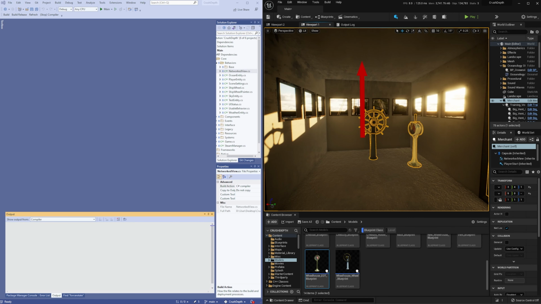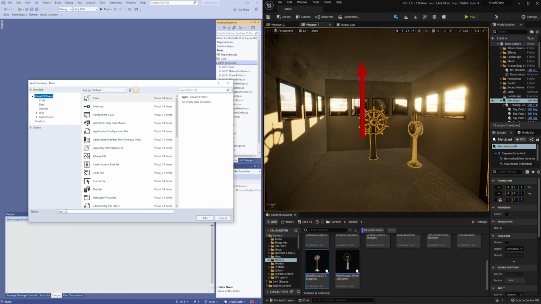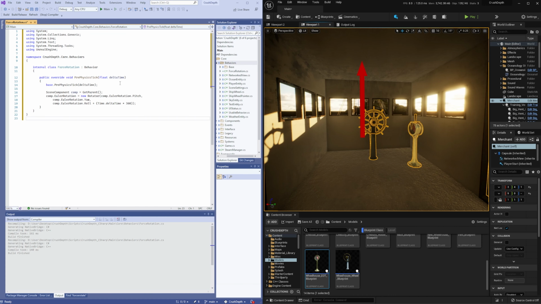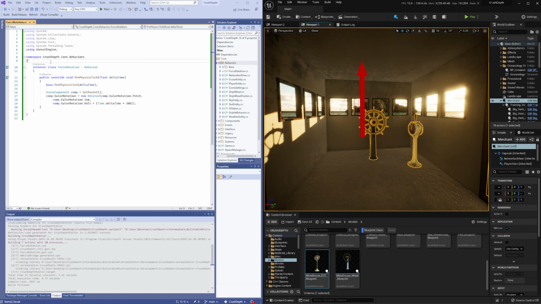Next, let's explore a more advanced use case. Let's create a new component which does not yet exist that modifies its parent's rotation. This architectural style is very similar to the MonoBehaviour style over in the Unity game engine. We're going to create a brand new component and we'll call it ForceRotation. All right, so we've created a brand new file. We've called it ForceRotation and we inherit from Behavior. Behavior is a helper class that we provide to help those coming from the Unity game engine have a very